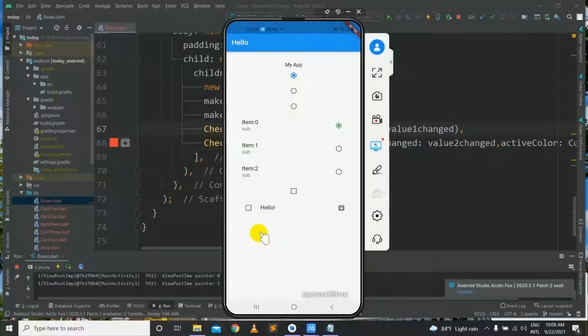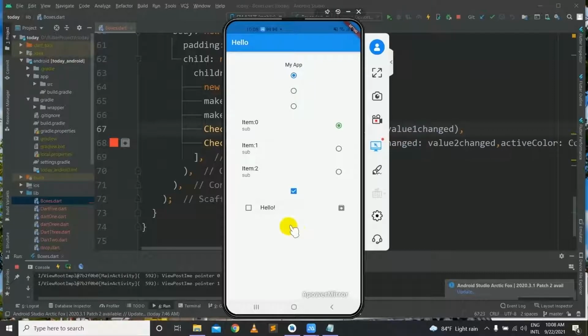We can see our checkboxes in our application after the radio buttons. The first checkbox when clicked will turn blue and show the right mark, and the second one will show red when we click it and show the right side. And we have a text saying hello inside our checkbox list style checkbox widget. So these are both functioning very well, and we can check them and uncheck them inside our application. Likewise, we can do it for both the widgets.